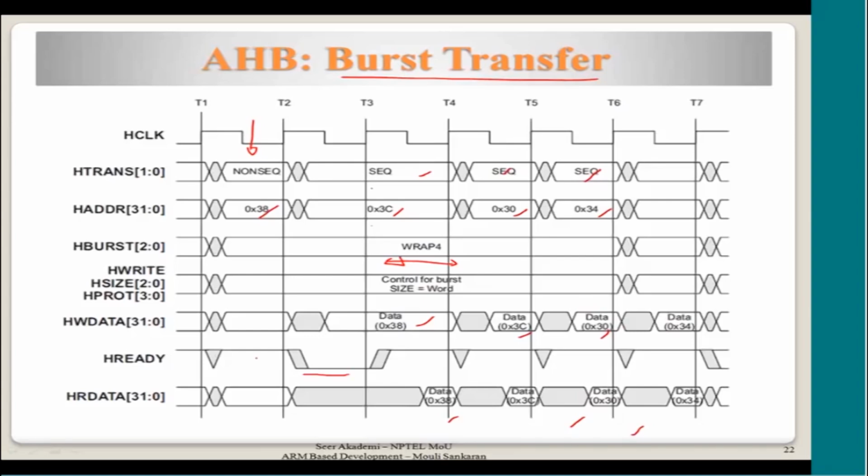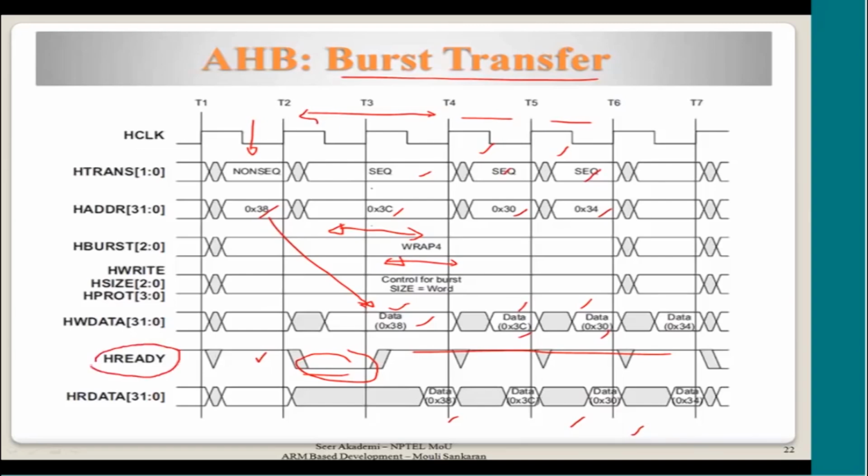Again, you see here it was ready in this case, and then it became low, and then it continues to be high. That means it is ready to accept the data continuously. Because of that becoming low, you see this address is coming again. Okay, it is kept for long, and then this data is coming here. This is a delay actually, and because of that, this transaction is also taking more cycles. After that, the cycles are 1 clock only. This is taking 2 clock cycles because